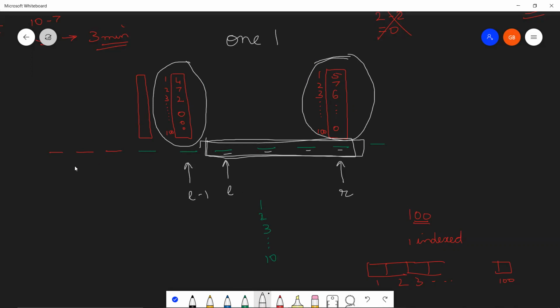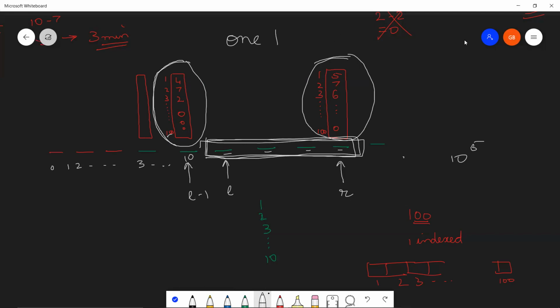So pre-processing, let's assume that we have done for each and every index. Let's say this is 0, 1, 2, dot dot dot, 3, dot dot dot, 10, dot dot dot, till 100. We have done a pre-processing. Actually, this is in the range of 10 to the power 5. So we have found all these pre-processed arrays, and this pre-processed array is not taking a huge amount of space. Why? Because of this interesting constraint that the nums I element will not exceed 100. So by subtracting this, basically you will get all the frequency of the elements that are occurring between L and R. Now, how does that help us?